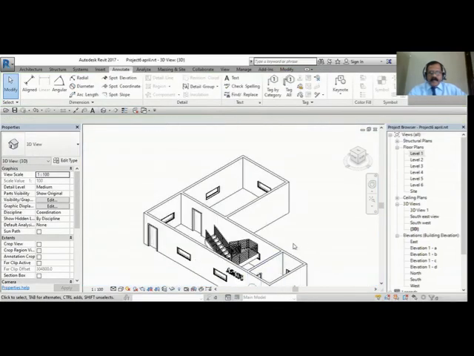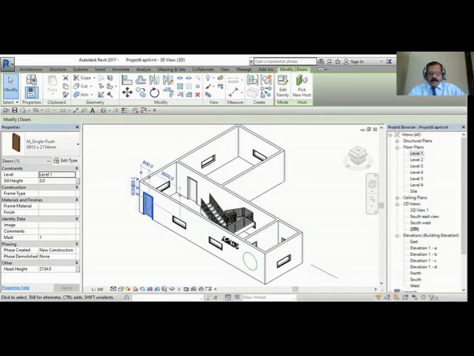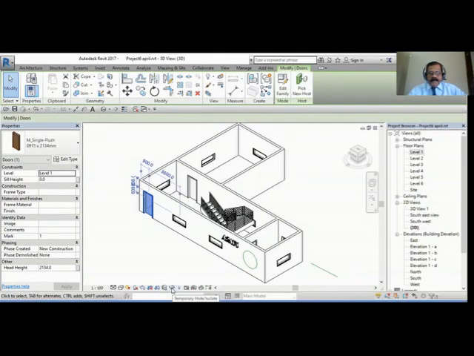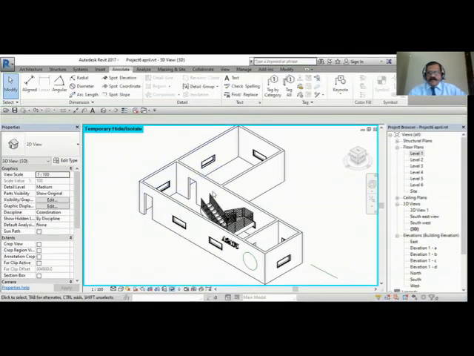Okay. In the same way, you can hide by category also. Suppose you want to hide all the doors. So you select one of the doors, go to this temporary hide isolate, that is the spectacles icon, click that and say hide category. So all the doors have been hidden. And a very important thing is that you have hidden this only in this particular view, not in the plan view or any other view. So this is view specific. Okay, so I will bring that back with reset.